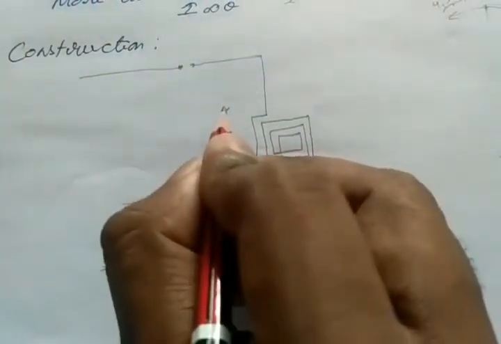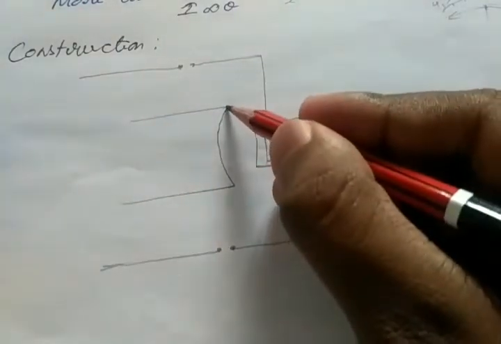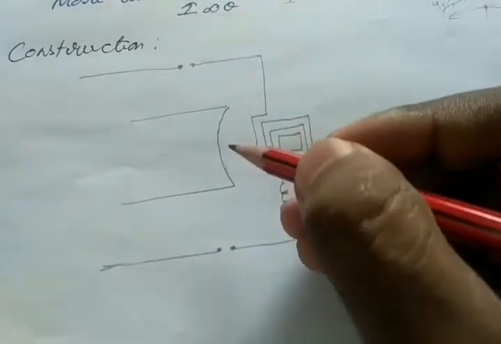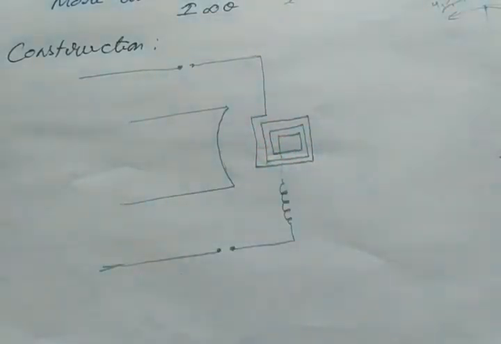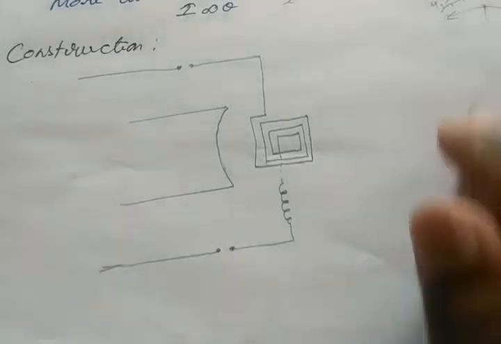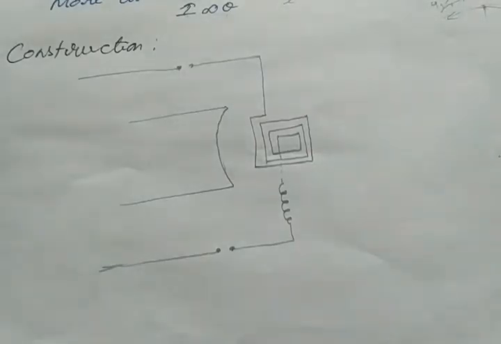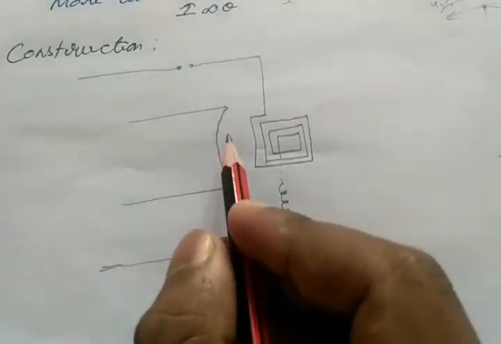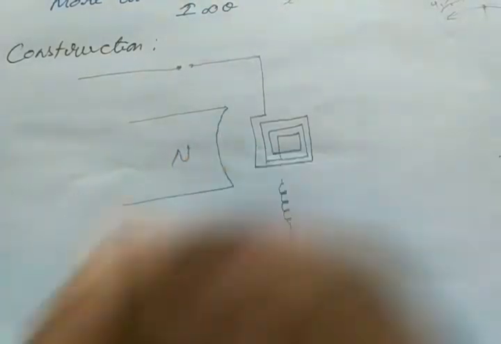So this is the top view of the magnet. When you look from the top, we have this curve, right? If it is a cylinder shape, then you will get this curve if you look from the top. For example, consider a glass. If you see the glass from the top, you get a circle, right? So that glass is in the shape of a cylinder. So here we get the same cylindrical magnet. This is the top view of the magnet.